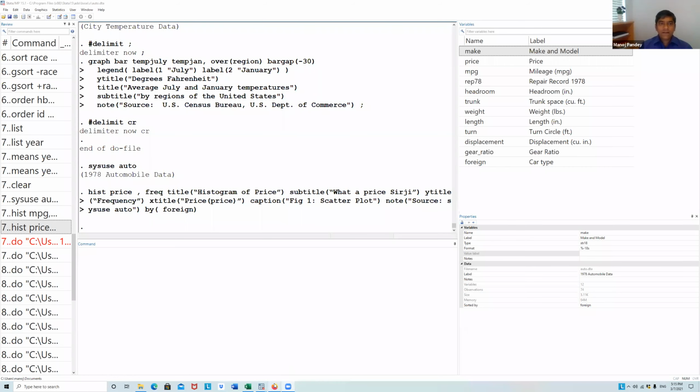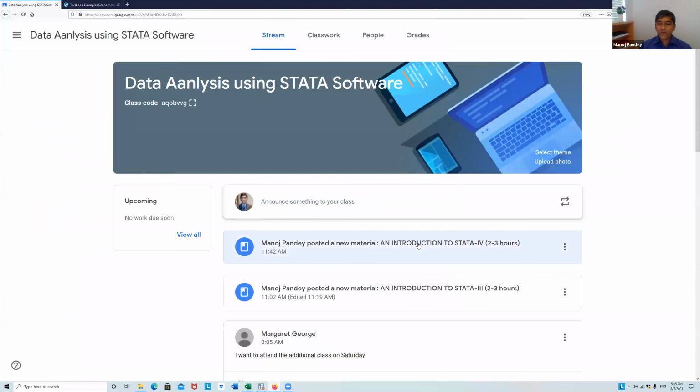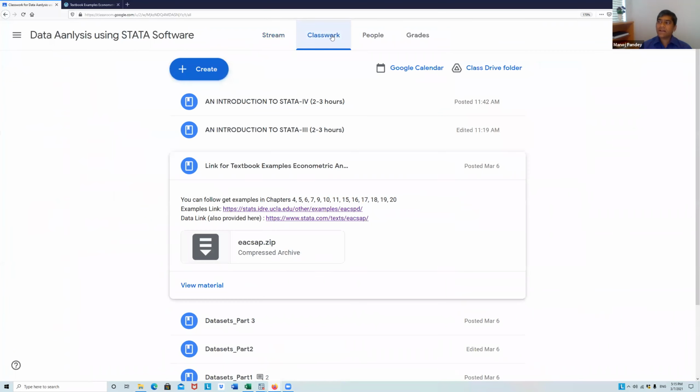The first thing I want to tell you before I start is that most of the material I use in this session is from Wooldridge's econometrics book.